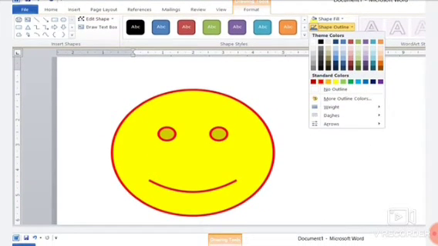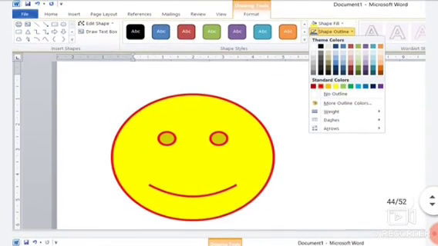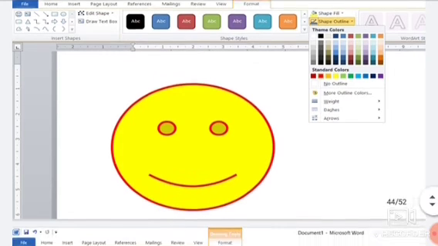If we want to change the outline of the shape also, for this, select the picture, select the object or the shape, then go to the Format tab and select the shape outline. As you click on the shape outline, the outline color will change. There is a difference between shape fill, where the inside color of the shape will change, and shape outline, where the outline color will change. Okay, so you can choose the color from this outline.